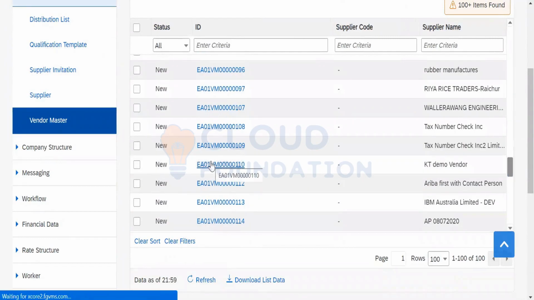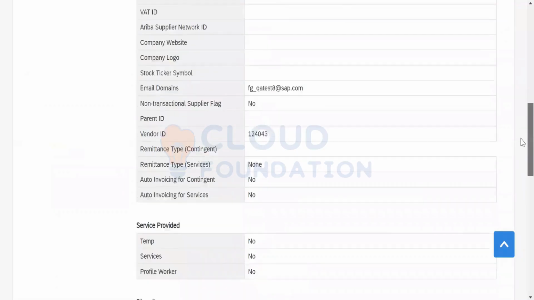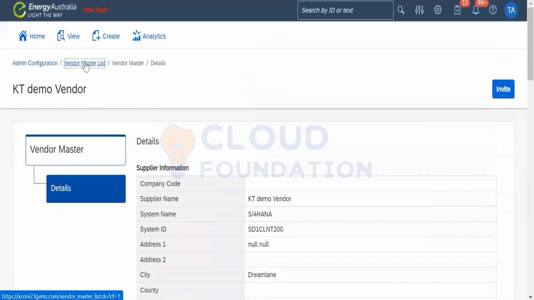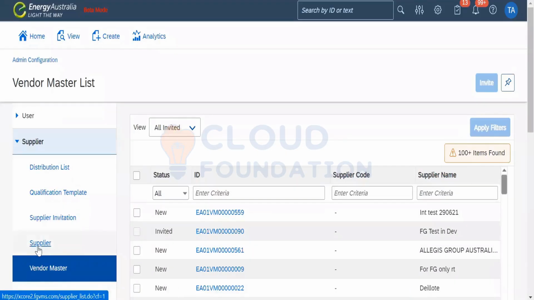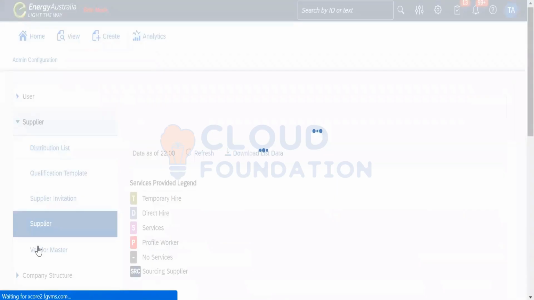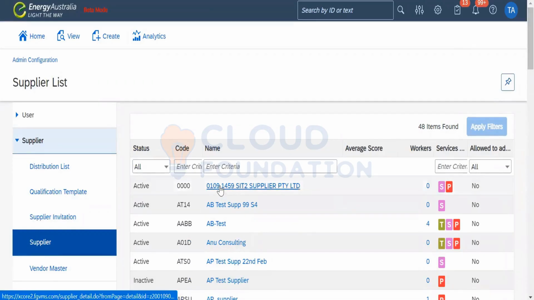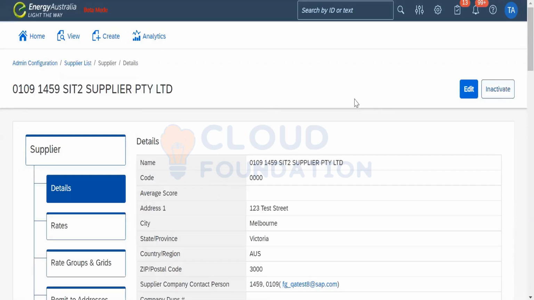For example, if they need to maintain some of the information right here, they're going to maintain this. If they don't want to, they don't, and some companies don't maintain the vendor master. Rather, they'll directly utilize everything in the supplier. They're going to set up a supplier there and set up a supplier here with the required information.